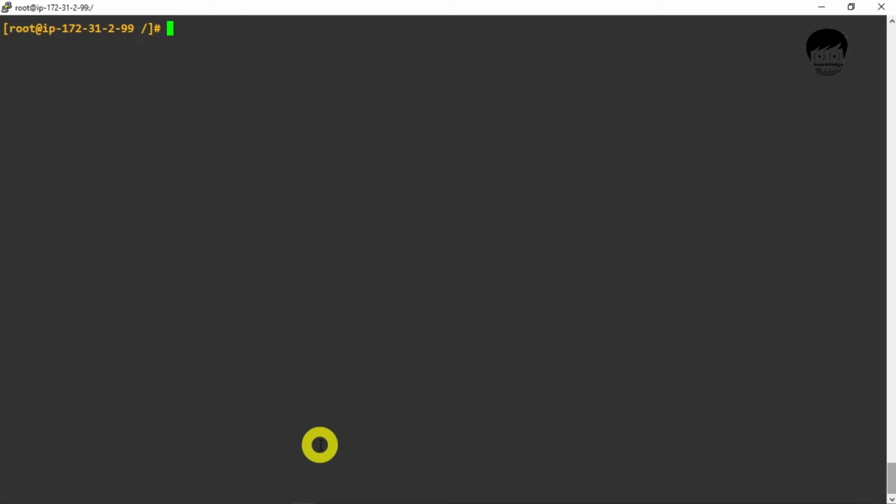Okay, now what we did: we added our two hosts' private IPs to the Ansible hosts file. Then we made some changes in the Ansible configuration file, where we allowed the inventory and the sudo user. The third thing we did is create the user ansible and set a password for this user.